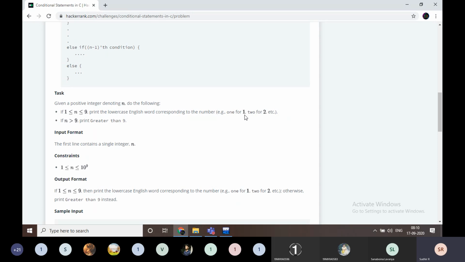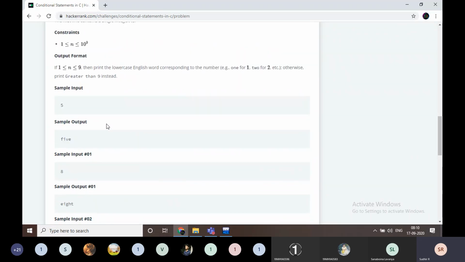For example, for 1, print 1; for 2, like that. If n is greater than 9, we have to print "Greater than 9".